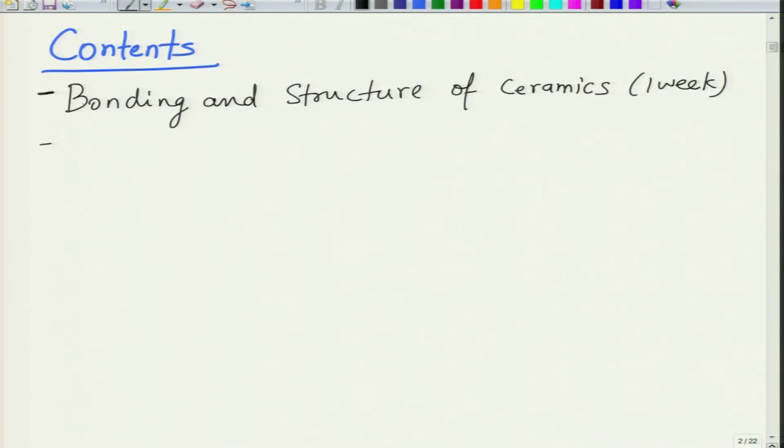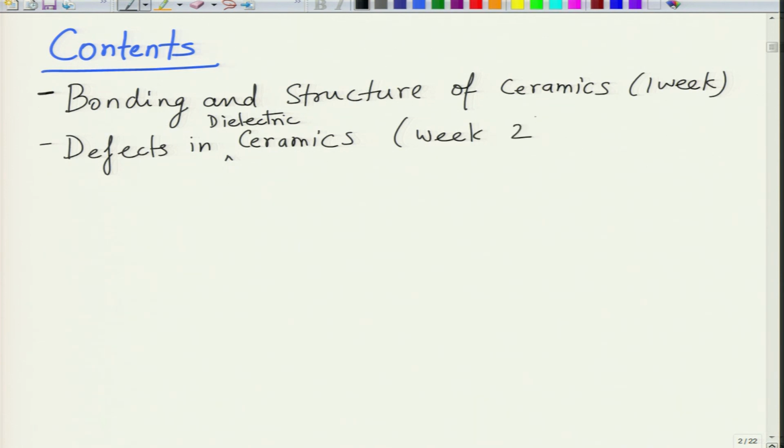And then we will move on to a very important topic in ceramics, which is defects in ceramics. And defects in ceramics are very important to understand. Defect chemistry, especially if you defect in dielectric ceramics, not in ceramics. Well, dielectrics are ceramics also, so it could be more generic. So this we will do over a course of week 2. Okay. So here we will talk about what kind of defects that prevail in dielectric ceramics, what happens when you add impurities to them, what happens when you change partial pressure of oxygen, because most of them happen to be oxides. As a result, when you change oxygen partial pressure, there is a tremendous influence on the characteristics or properties